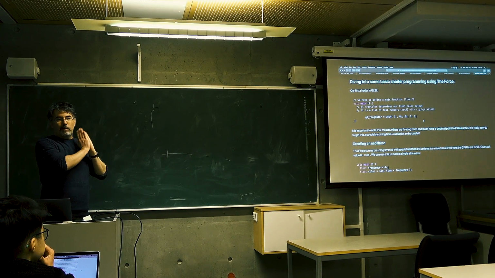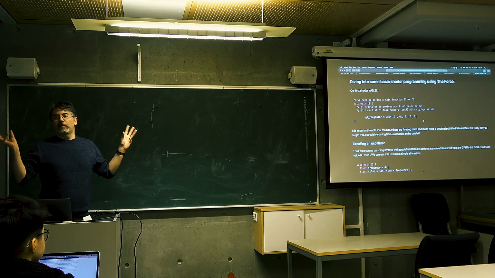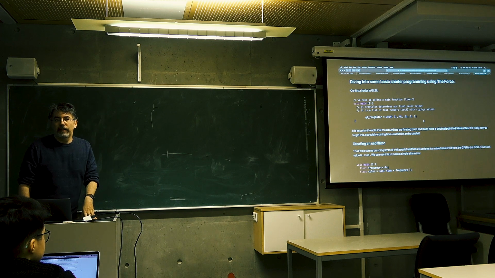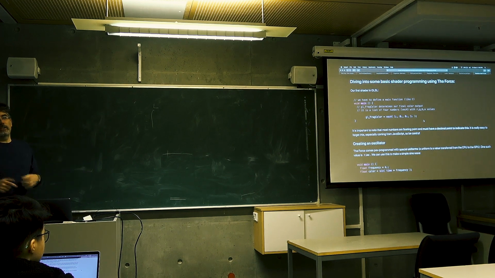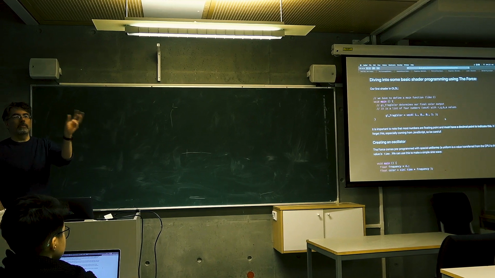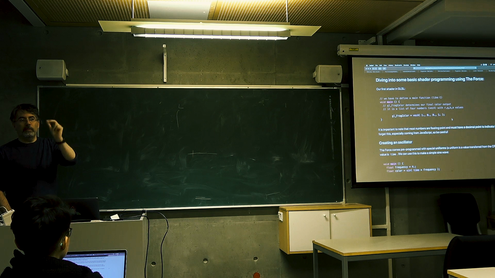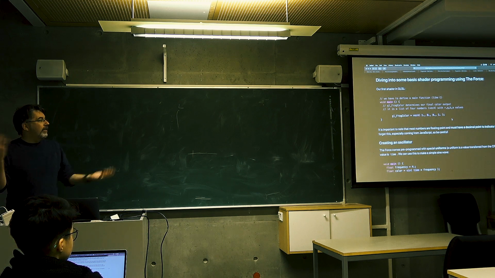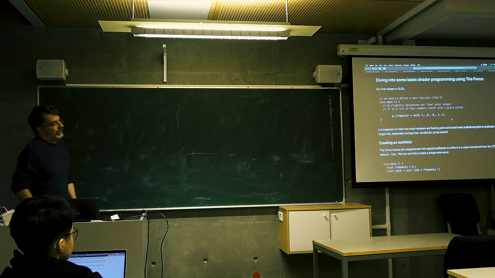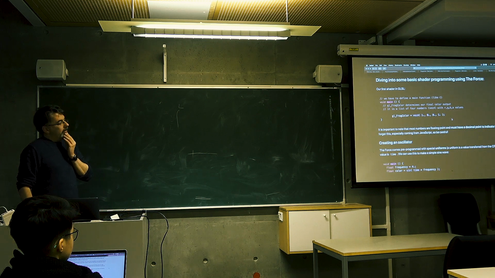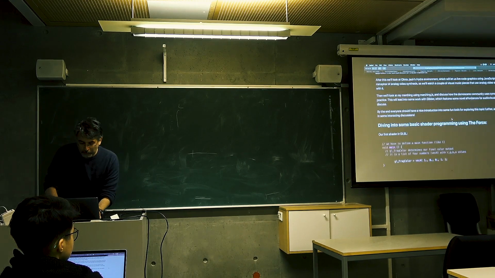And then the graphics card runs that fragment shader thousands and thousands of times for every frame of video to color every single pixel on your screen. When it runs that fragment shader, it gives it some extra information so that you know where you're at in the screen for each pixel that's being rendered. And you can wind up doing lots of cool things with just a minimal set of information. Live shader programming has been a thing in live coding performance for quite some time. And maybe before we actually